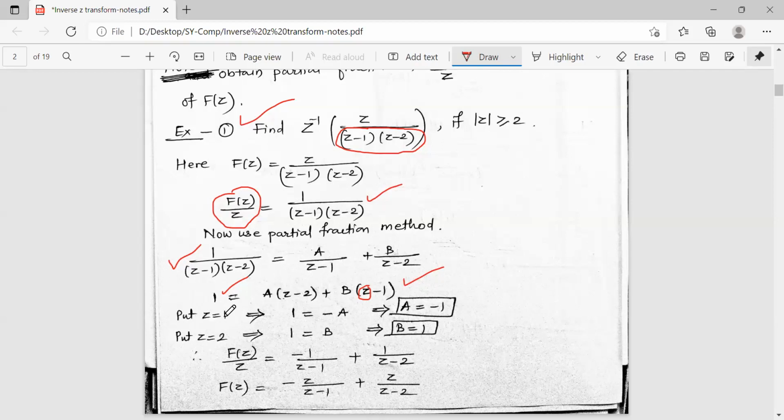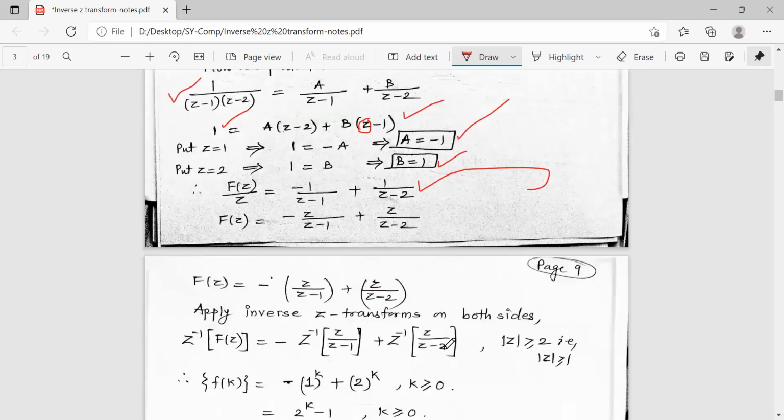Put z equal to 1, and therefore the left hand side 1 is equal to a into 1 minus 2, that is minus a. So you will get the answer for a as minus 1, and b is equal to 1 by putting z equal to 2. So your fraction F(z) upon z is minus 1 upon z minus 1 plus 1 upon z minus 2. And therefore,